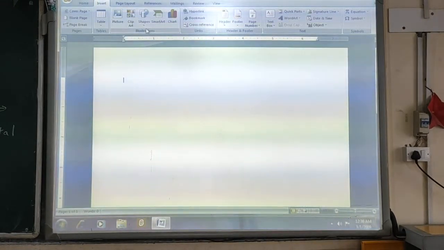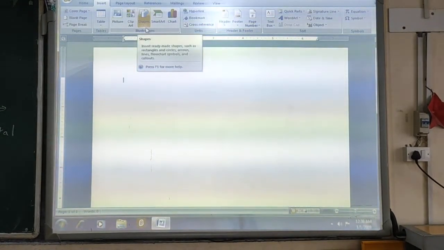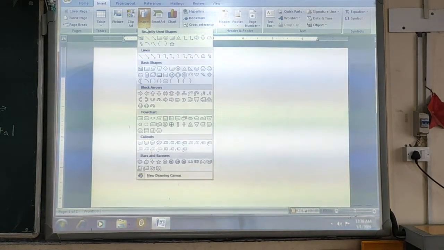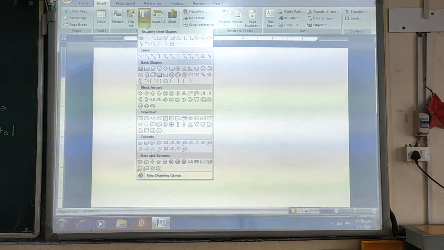Within the Illustrations group there is an option named Shapes. As you click on the Shapes option, a drop down menu will open.